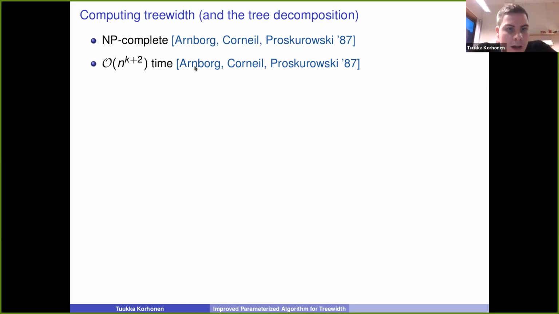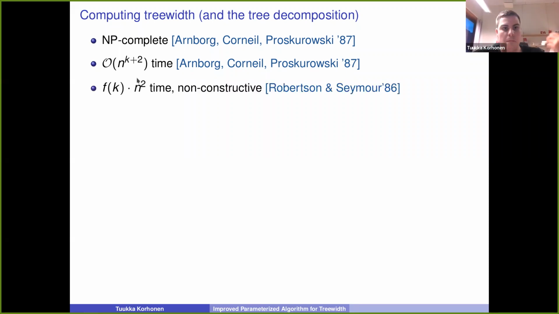So this is something called an XP algorithm, in contrast to an FPT algorithm. This is polynomial time for each fixed value of k, but unlike in many algorithms that use treewidth, which run in f of k times poly n, here the degree of the polynomial depends on the treewidth, and this is not what we want. So we want an algorithm of this form, where the time complexity is f of k